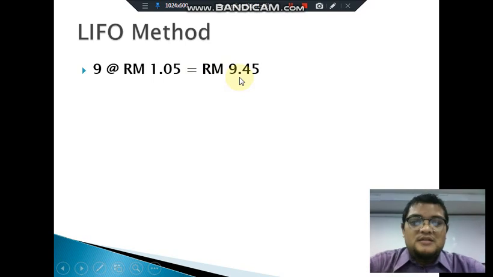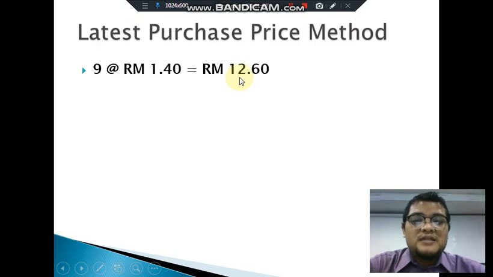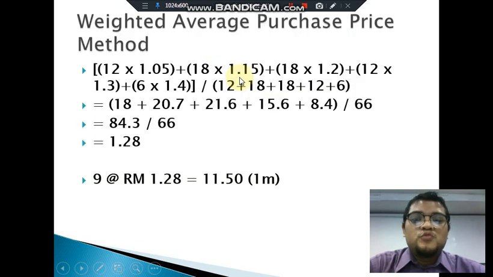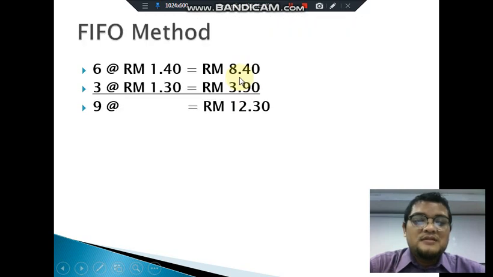Guys, as you can see, using these 4 methods, we will get different prices or different values. If you use LIFO, the value of 9 cans is 9 ringgit 45. If you use latest purchase price, then your value of 9 cans is 12 ringgit 60. If you use weighted average purchase price, then the value of 9 cans is 11.50. And if you use the FIFO method, your 9 cans is 12 ringgit 30. So using different methods of valuing the inventory, you will find different values in your